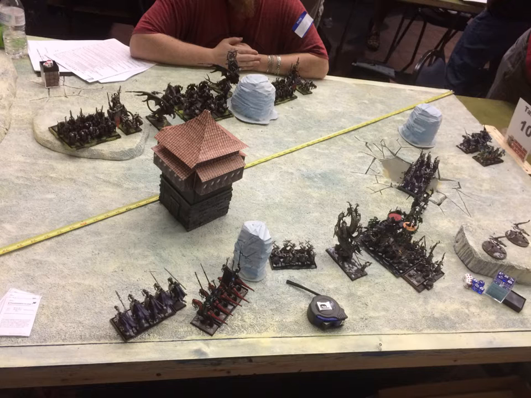Really nasty unit. And then behind the impassable terrain is his BSB on a mana core, another unit of 15 warriors with wrath, halberds, and another chariot. So very symmetrical. He put everything down. He won first turn, so I kind of deployed in reaction. Now you're going to notice on this